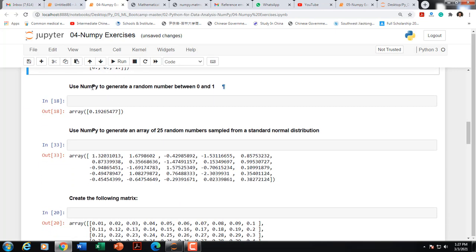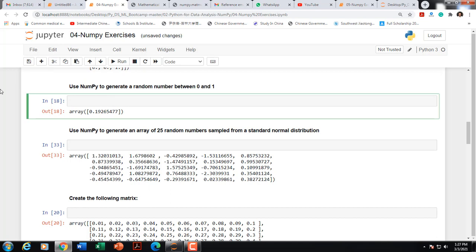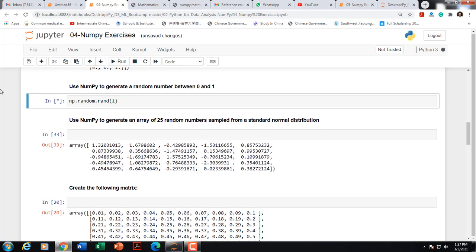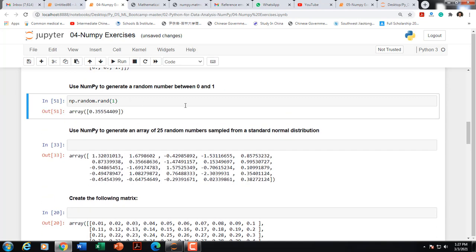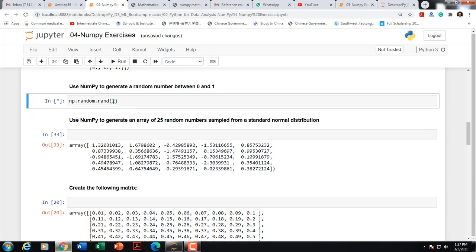Okay, using NumPy we have to generate a random number between 0 and 1. This is np.random.rand, and we will specify 1. So what we do over here is we specify the number, and what NumPy will do is that from 0 to this number, NumPy will give any random number between these two numbers. So if I say 0, 2,